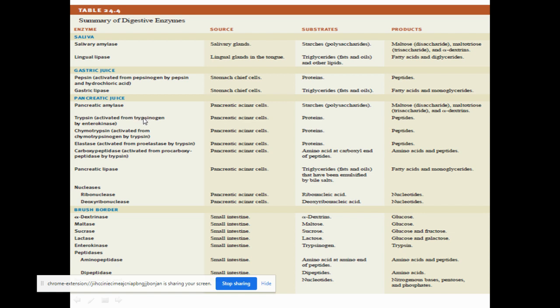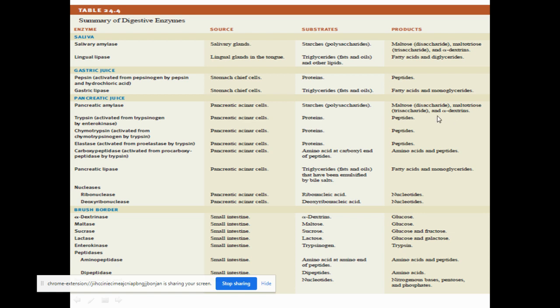So how does the digestion take place? Here you can see the salivary amylase, as I told you, will act upon the starch and convert them into maltose, maltotriose, and dextrins. When it reaches the stomach, the pH of the stomach will not allow the salivary amylase to act. So salivary amylase will be completely destroyed, and no amylase activity is seen in the gastric juice. Whereas the pancreas secretes the enzyme pancreatic amylase. Okay, so this will act upon the starch, and more of the starch will be converted into all these three: maltose, maltotriose, and alpha dextrins.